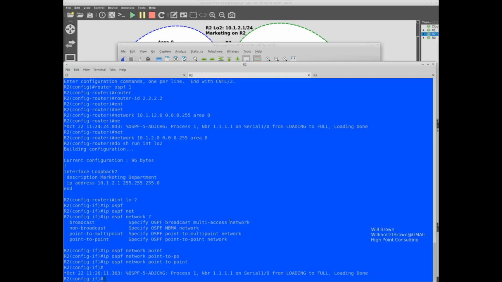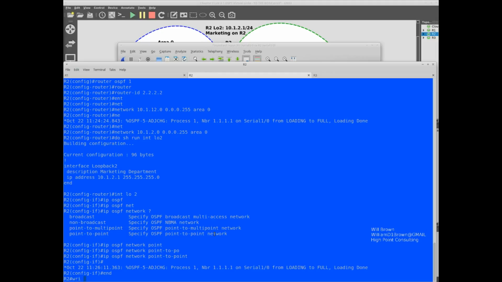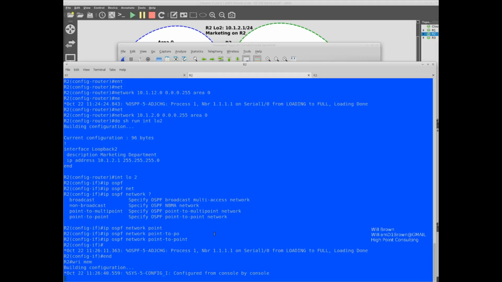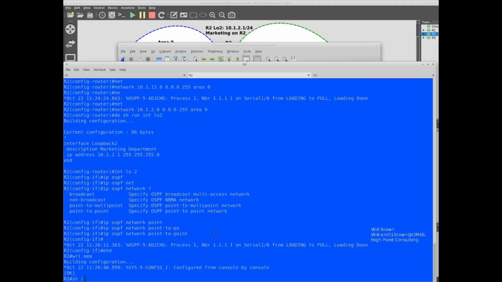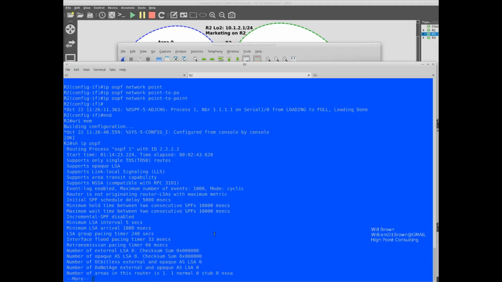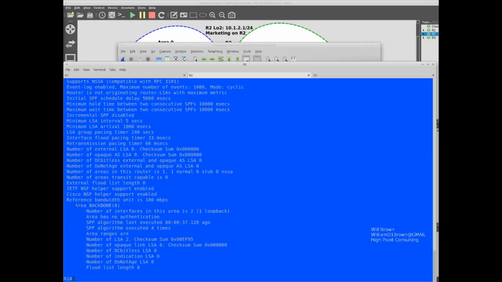Let's see, and I think we're done. We can do the same commands and do a write here because we have OSPF running. Do a show IP OSPF. And again, we see the routing process OSPF1 with router ID of 2.2.2.2 and working for area backbone 0.